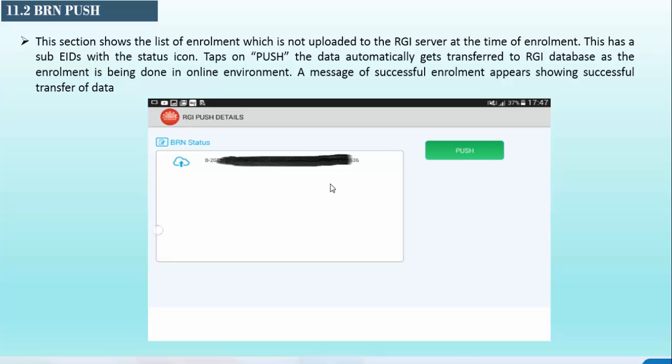We can do this BRN push option only in the case of enrollments that happen with the RGA software with the BAN number or BRN number. Otherwise, we cannot perform this exercise in the CLC client.